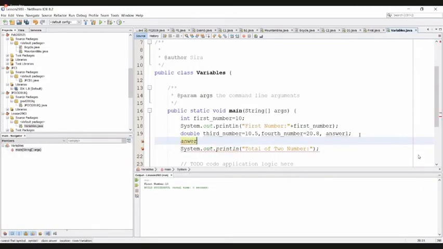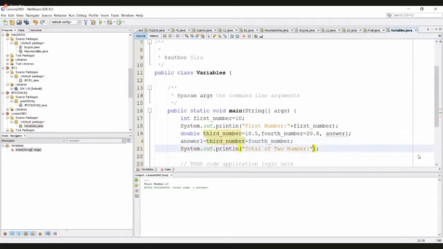Then I can say answer 1 assign third underscore number plus fourth number.